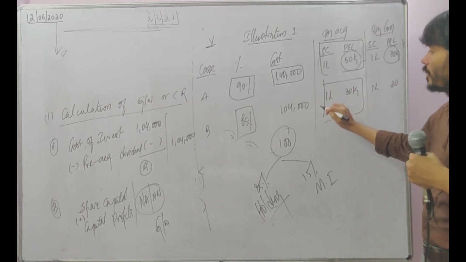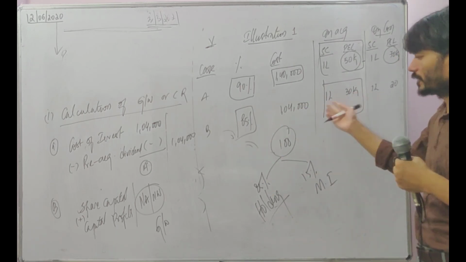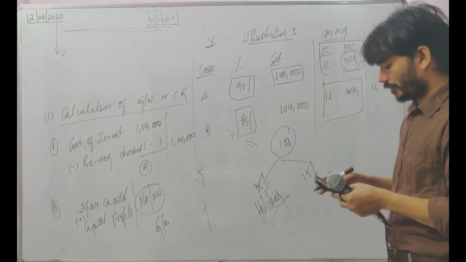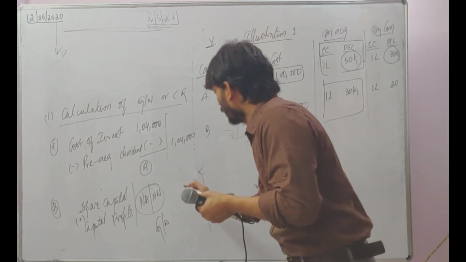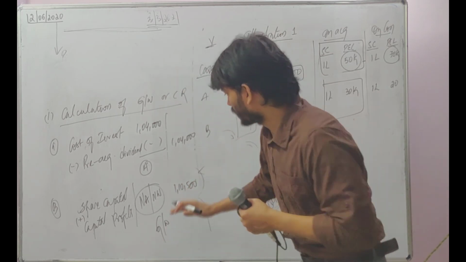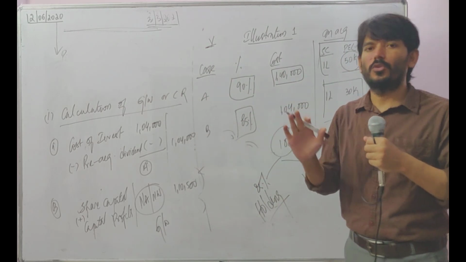Now you see the second part. 1 lakh into 85%, or combine both into 85%. Anyway, both are one and the same. 1,30,000 into 85% will give you 1,10,500. Okay, if it is positive, it is goodwill; if it is negative, it is capital reserve. Don't go into that logic.